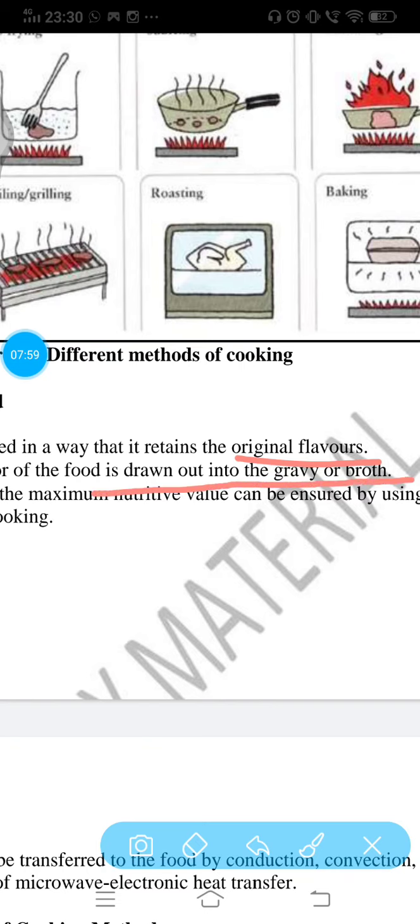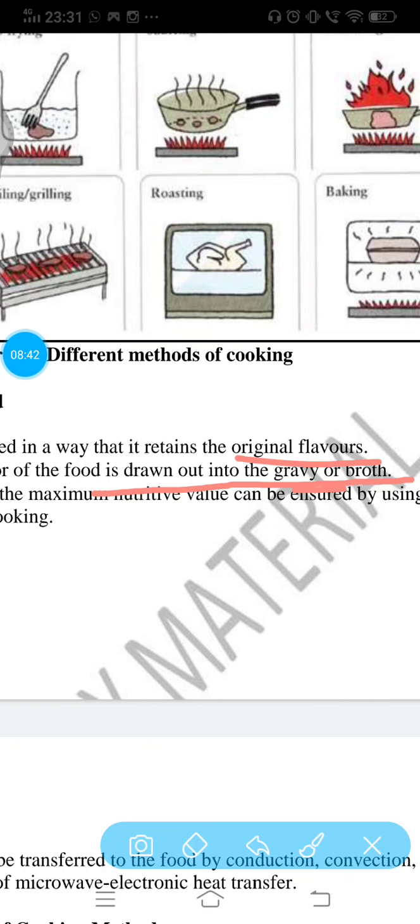Then flavor is drawn out into the gravy or the broth. Whatever food you have made, its flavor, taste and texture should also come into the gravy. Let me give you an example of certain vegetables, like cauliflower and potato. You put water, cauliflower and potato, it just gets boiled and you take it out, and imagine the gravy is on a different side and the vegetables on a different side. You are not going to enjoy it. But if you have used another method to thicken the gravy and cook it properly, its flavor will come into the gravy, and all the spices will be inside the vegetables, and that is going to give you a delicious taste.